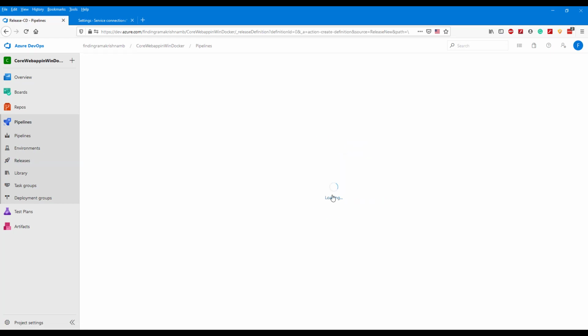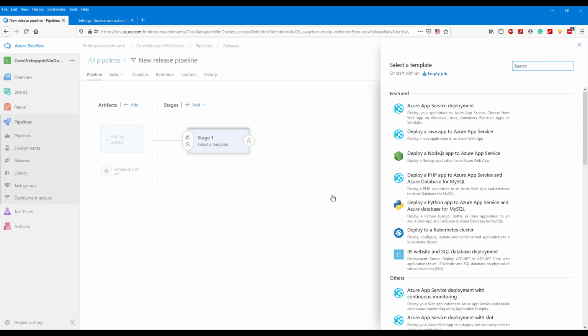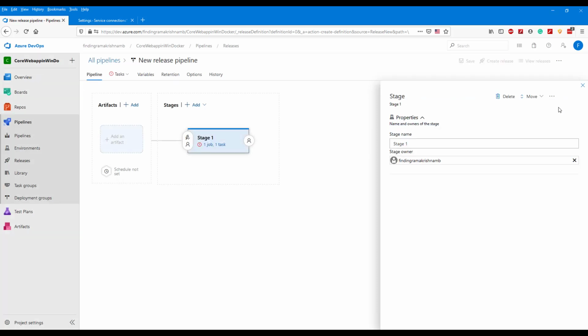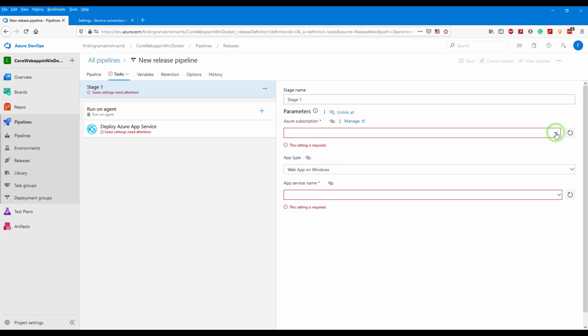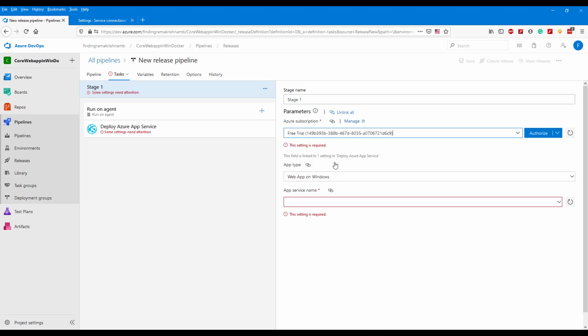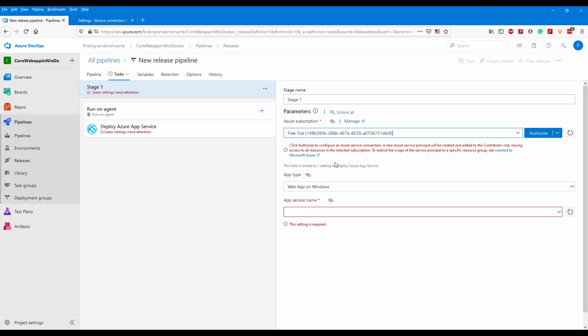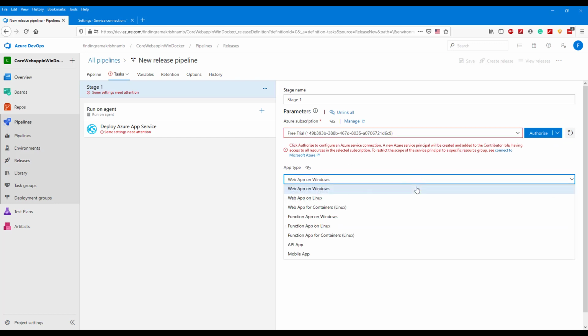Go to create new pipeline, select an Azure template, the app service deployment template, click on apply. If you go to the job inside this template, you will see that we don't have an app type for Windows with a container. Let me show this drop down for app type.